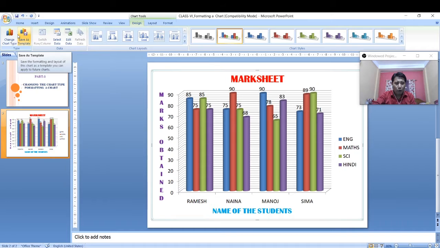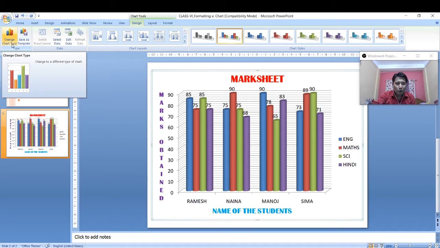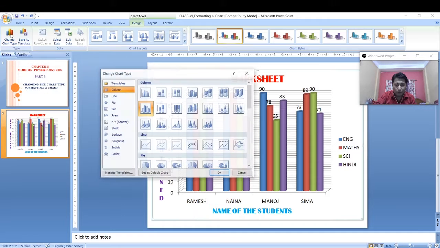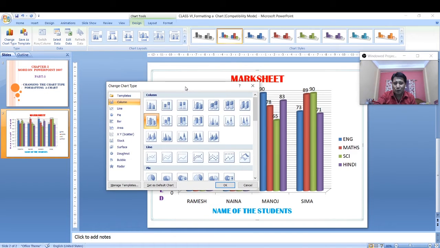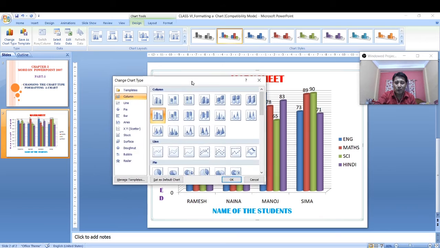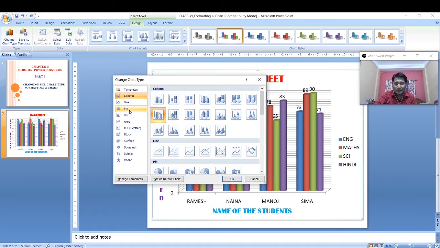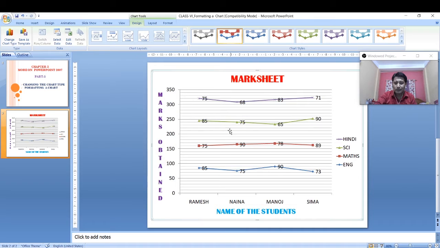In the left corner, okay, you can see a change chart type button. So this button is used to change the chart from one type to another. So click on this button. So we call this as a change chart type dialog box. In the change chart type dialog box, you can change the type of the chart you want. Suppose if you want to use a line chart, click on the line chart. Okay, here you can see a different style for the line. So click on one of the styles and click on OK button. See, this is your line chart. Okay, means the data has been plotted according to the line chart.